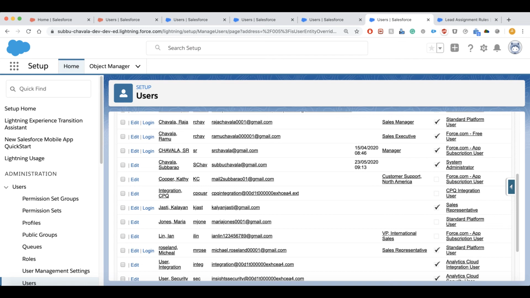It doesn't matter what the tab visibility is, or what the app permission is. App permission does not automatically include the object level permission. You have to assign object level permissions like read, create, edit and delete.